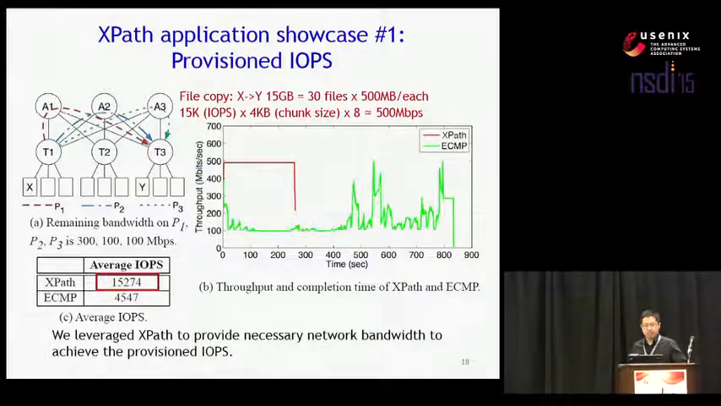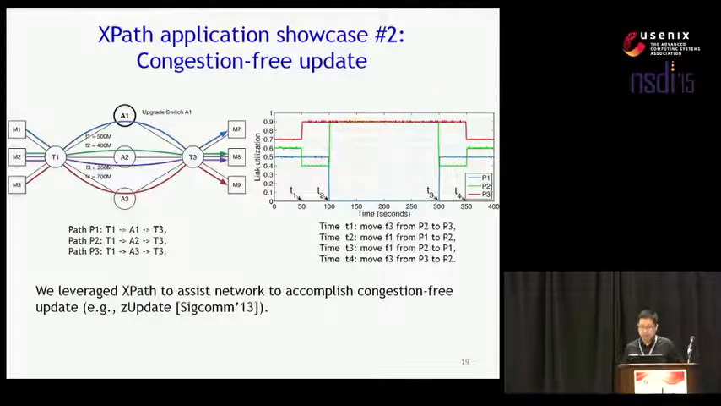And in the second example, we leverage XPath to assist the network to accomplish congestion-free network updates. In this experiment, we want to upgrade the switch on A1. In order to do that, we first shift the traffic on